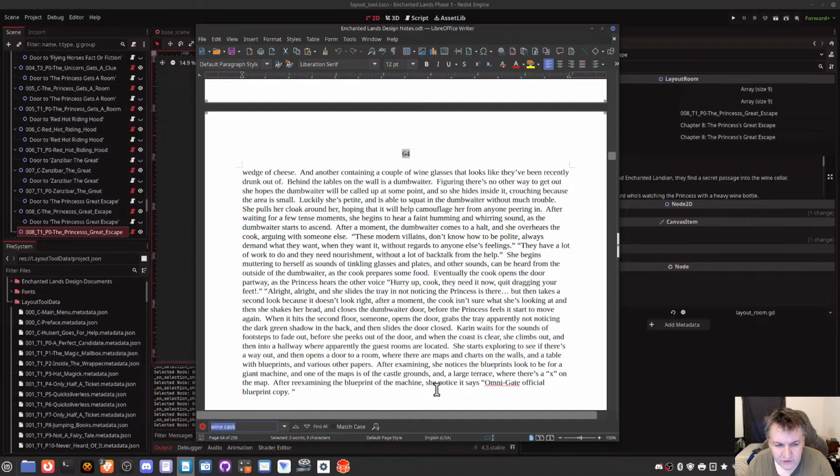So she hides inside it, crouching inside the small area. Luckily, she's petite and is able to squat in the dumbwaiter without much trouble. She pulls a cloak around her, hoping that it will camouflage her from anyone peering in. After waiting for a few tense moments, she begins to hear faint humming and whirring sounds as the dumbwaiter starts